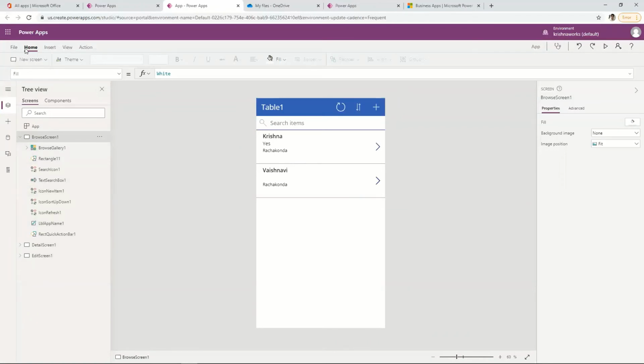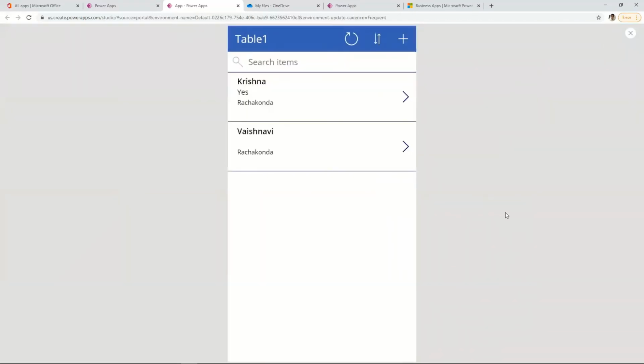Okay, so all I need to do is, this is the application I got. But how do I access this? This is the Powerapps Designer, where I create all the applications, whether it is for mobile or tablet or a browser. And if, while creating the apps, I want to test it, as a developer, there is a play button on the top right corner. You just click on that,